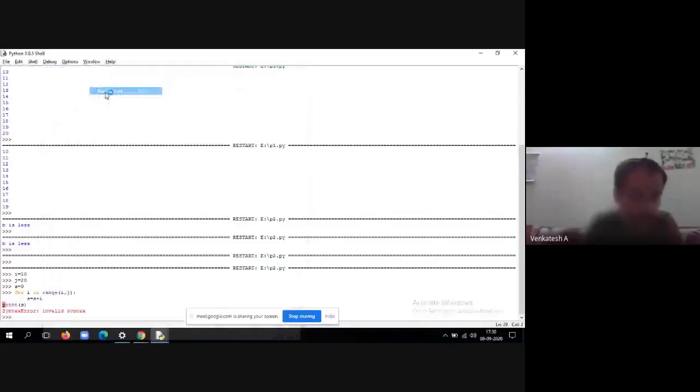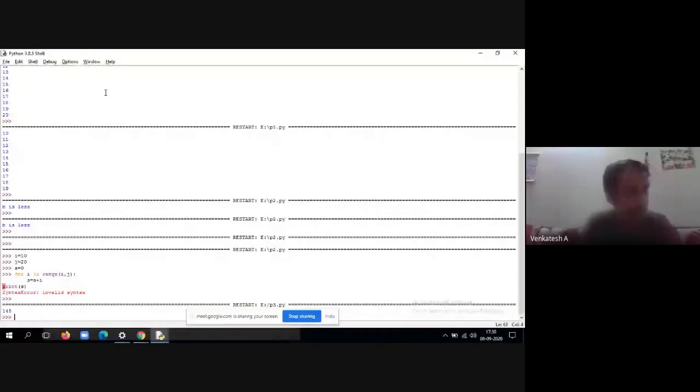Now select Run Module. You can see the output here, 145. That means if you cumulatively keep adding the numbers ranging from 10 to 20, you will get the answer 145.